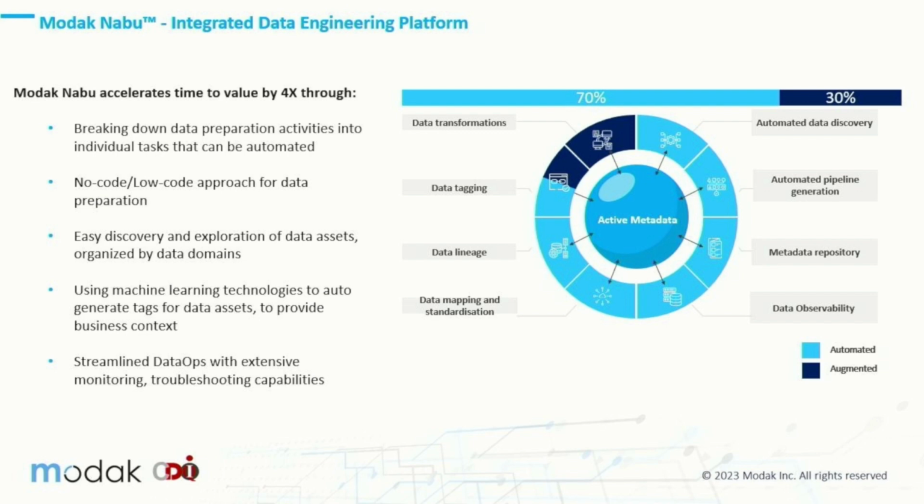So what we are saying is 70% of this would be automated and 30% of it would be augmented. So how do we augment it? Because we profile the data, we tell you this data set is related to that data set, and these are the fields you need to think about. And now with LLM and generative capabilities, we are looking at the next step where we can even generate SQL on top of having all this information there.